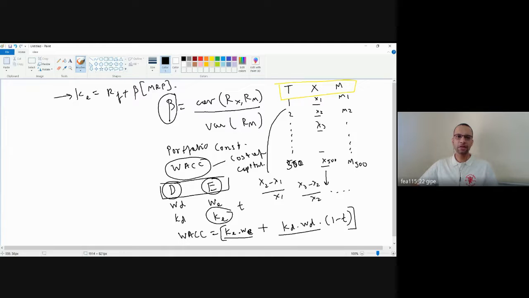So here, if we see, we have the RFR portion, which is nothing but the risk-free rate. Plus we have beta, which is nothing but the sensitivity of this stock to the broader market. And we have the market risk premium, which is RM minus RF, the broad market return minus RF. So here we are trying to combine these two sections together, the RFR section and the risky section. That could be one of the ways of looking at the KE part, or the cost of equity part.